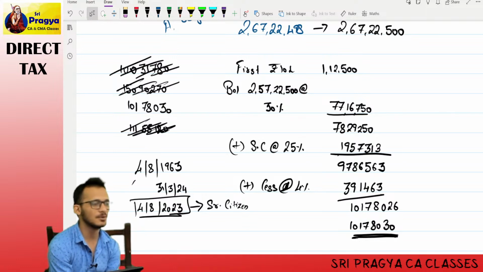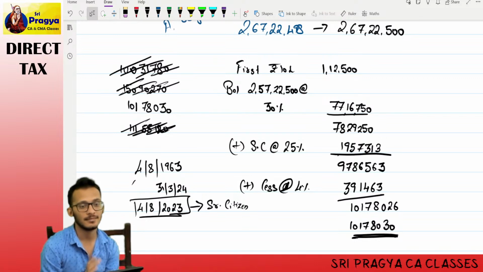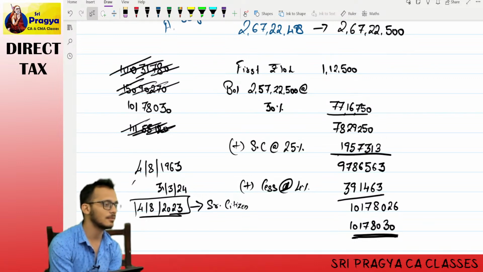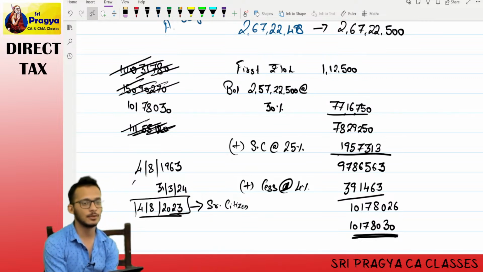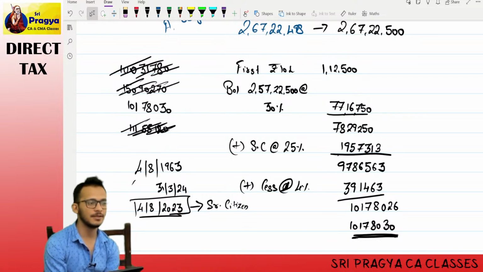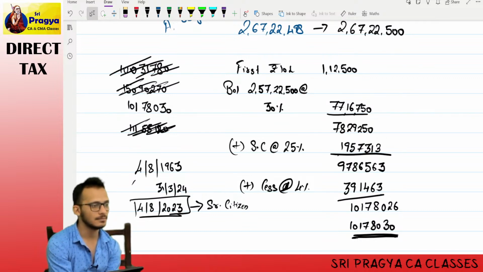At that point of time, do you think you would like to earn income? You'd be like, if 3 rupees is what I'm going to keep in my pocket, what is the point of earning itself? Let's not work. It is better to be poor. Yes or no? That is how India has evolved. At every point of time, everyone used to have one slab and one tax. There was no change.